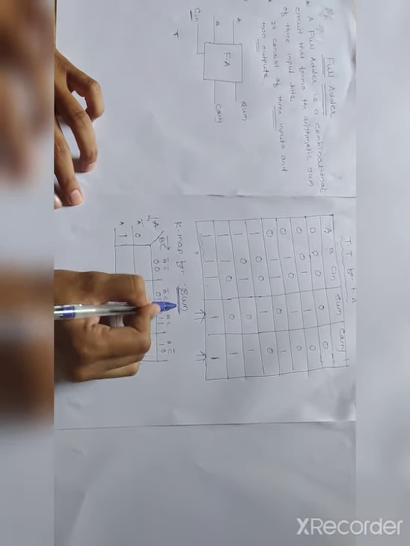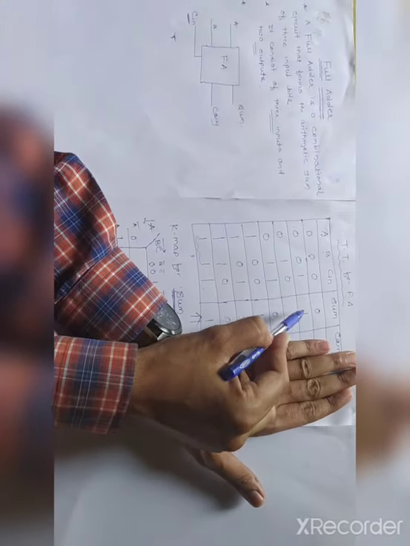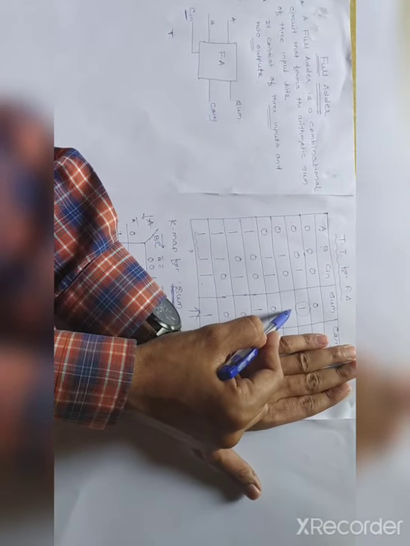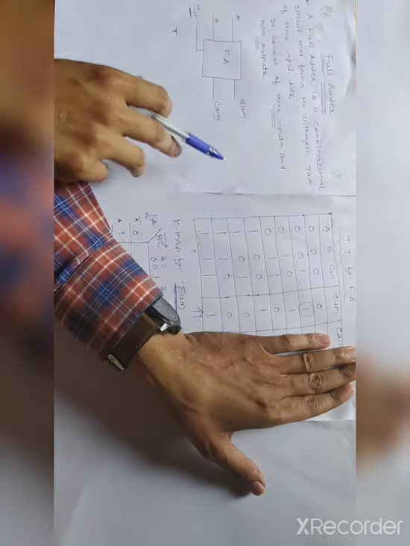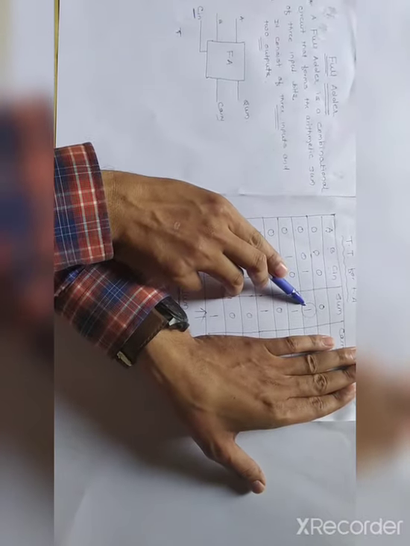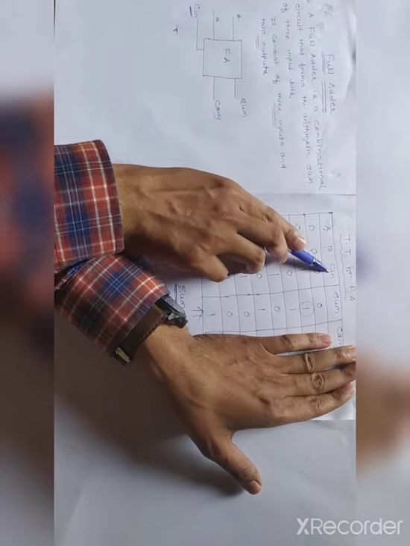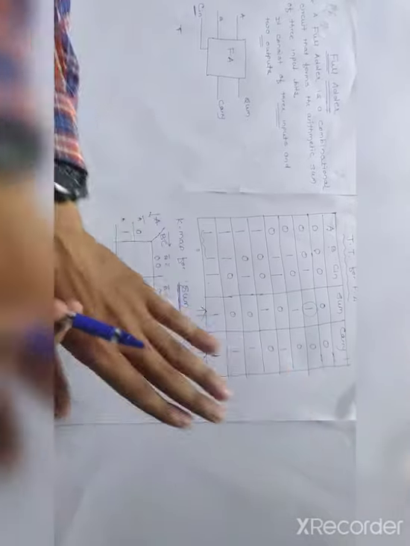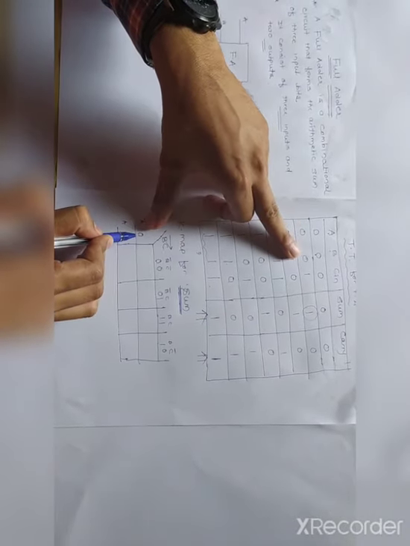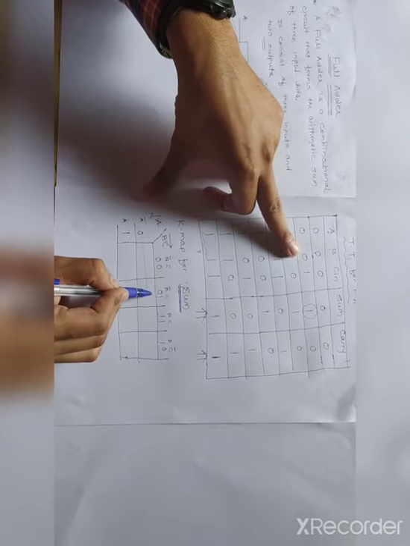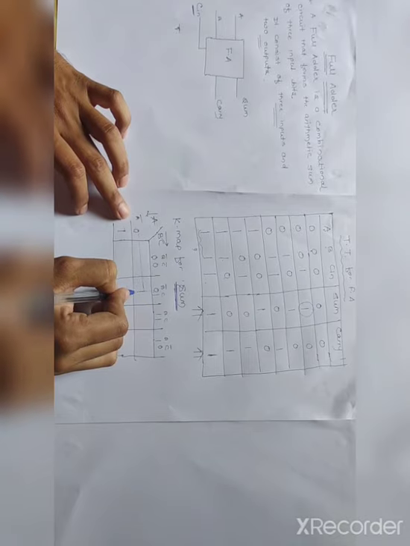Now the K-map for sum. So consider only the sum here. You have to put these ones, 1 2 3 and 4. You have to put all these 4 ones into the K-map. Where to put this one? You have to put this one when A is equal to 0 and BC is equal to 0 1. That means here. Combining these two, you have to put this one here.